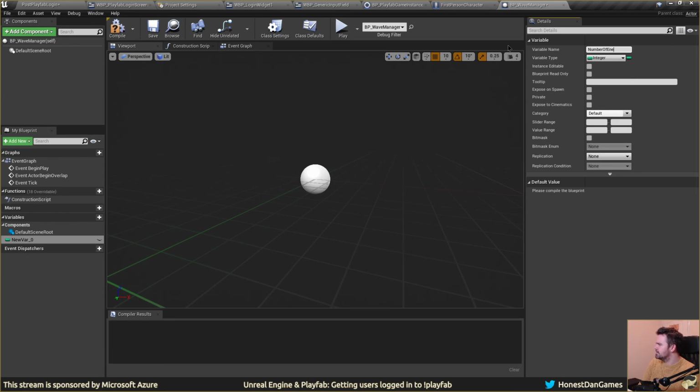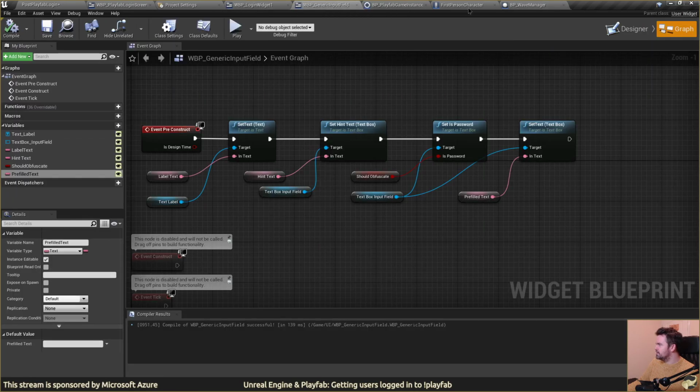Number of enemies per wave. Okay, and by default, we're going to set this to a value like 1. Great. Now, one thing we were going to check actually before we get too much further into this is we wanted